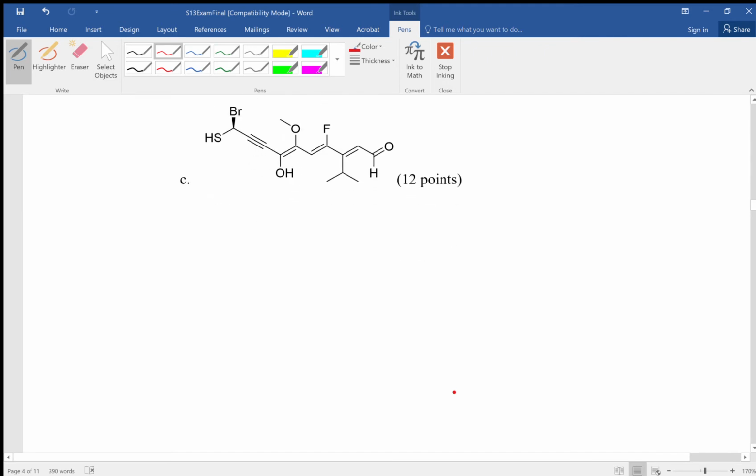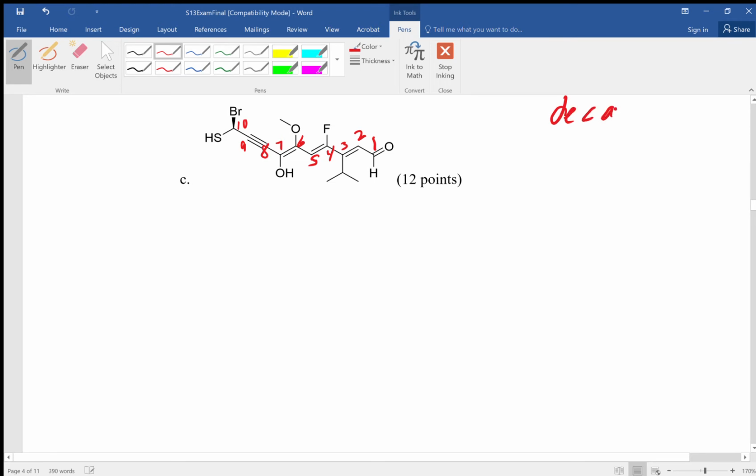Finally, we have one more nomenclature question on this exam. The numbering ends up being the easiest piece on this one because we have an aldehyde. An aldehyde is one of those functional groups that is always defined as carbon number 1. And so we can then number from there along our longest chain to get our decane